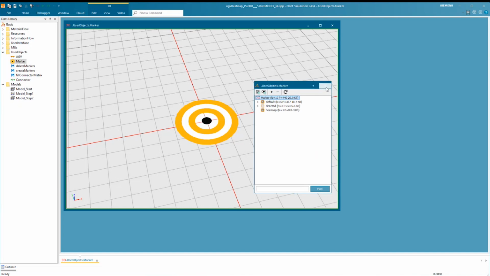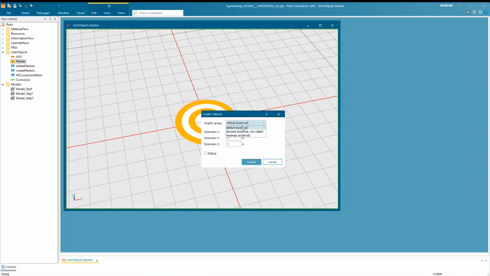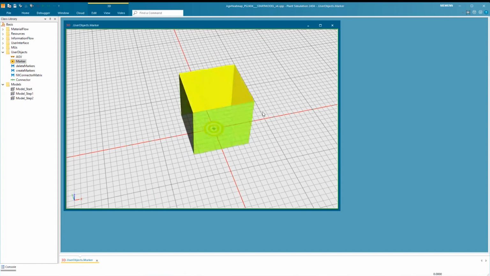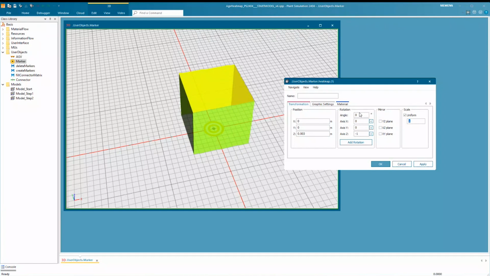That's my special graphic group, and I will add, for example, a cube in here. So that's a little big, so maybe 0.5 and 0.2.